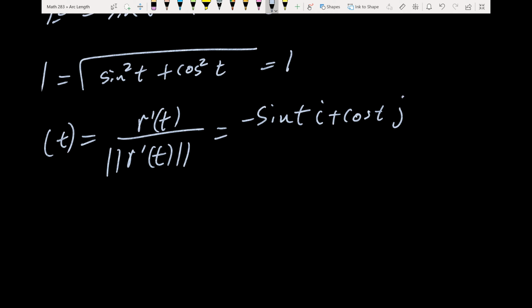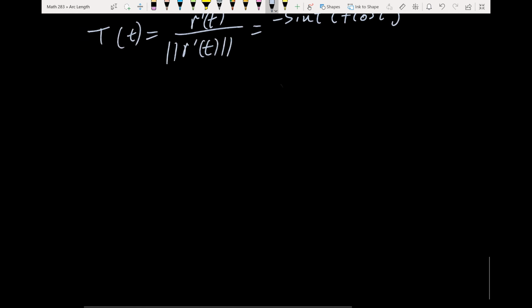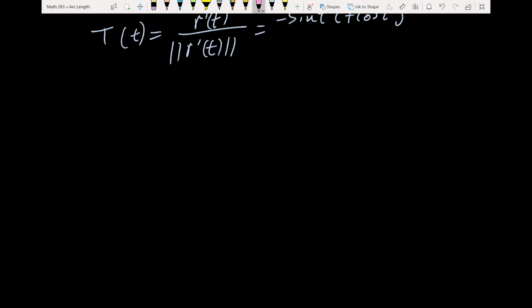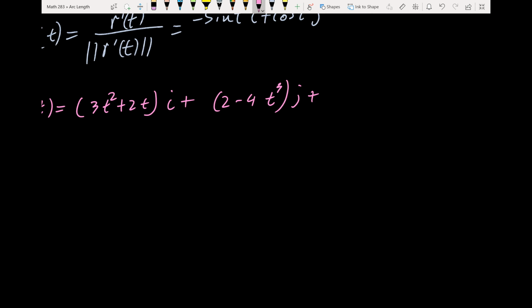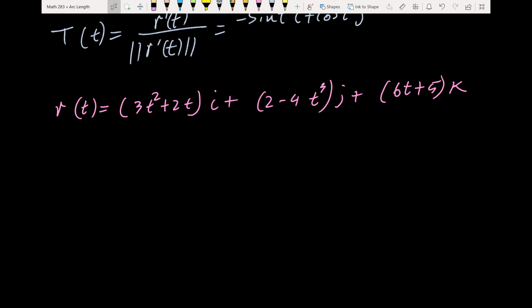Almost the same, just changed a little bit. That was pretty easy. How about I make it a little bit more interesting problem? r of t is... No, actually, this is doable. This is pretty easy. 2t i plus 2, 4t to the cube j plus 6t plus 5k. All right, try this. So I want you to find